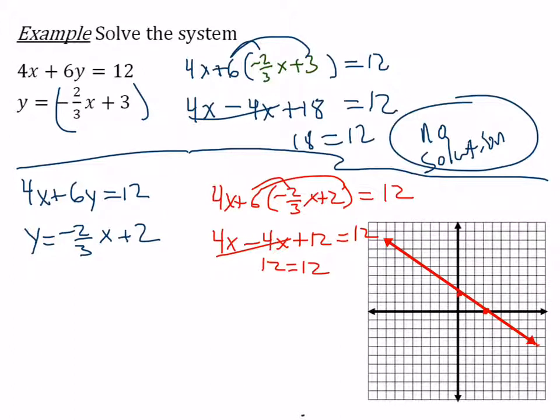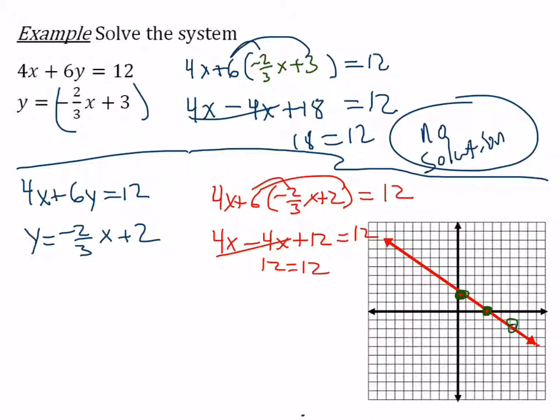Well, this line, let me graph it in a different color. Let's go with green. All right, we had a y-intercept of 2. Well, there it is right there. We've got a slope of negative 2/3. So we're going to go down 2 right 3, down 2 right 3. And from this point, if we go down 2 right 3, we end up there. And then we go down 2 right 3, and we end up there,